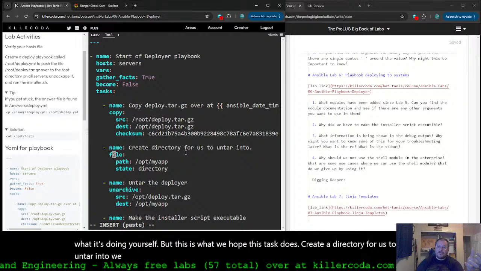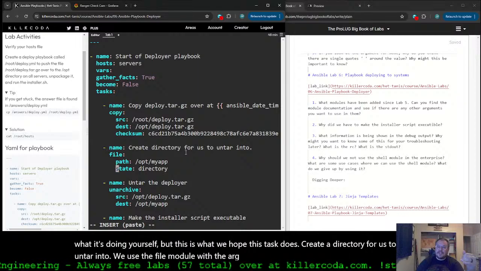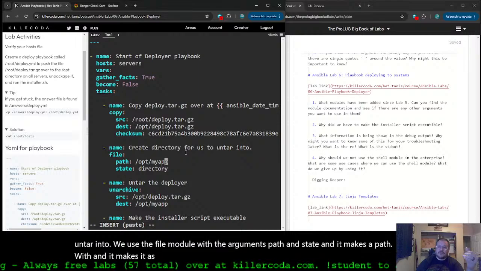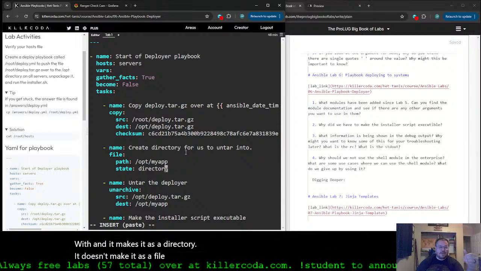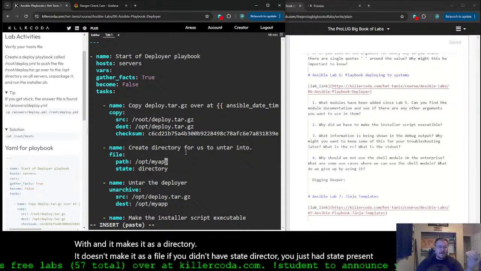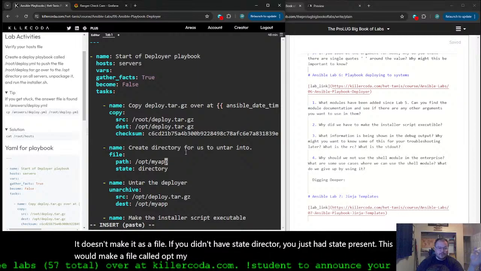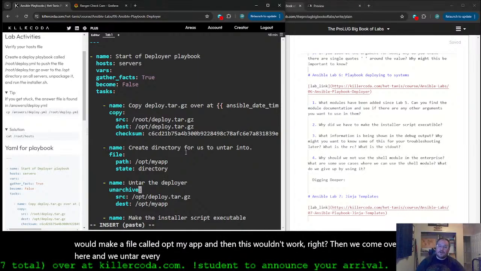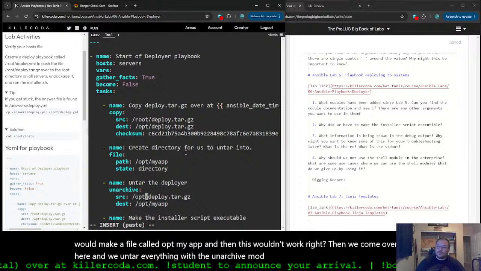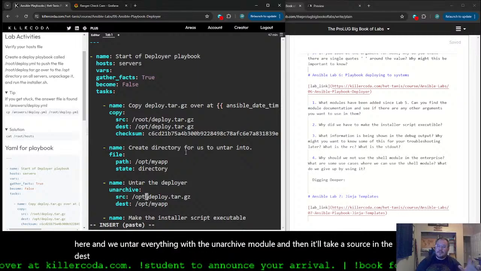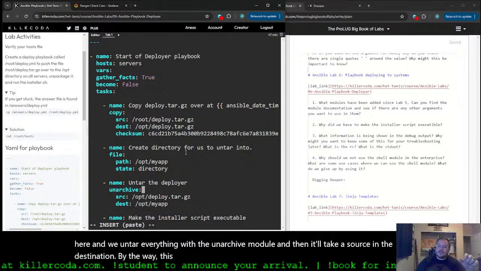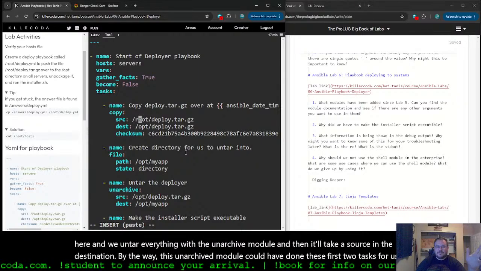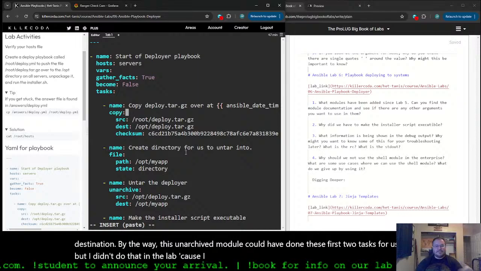We use the file module with the arguments path and state, and it makes a path and it makes it as a directory. It doesn't make it as a file. If you didn't have state directory, you just had state present, this would make a file called opt my app, and then this wouldn't work right. Then we come over here and we untar everything with the unarchive module, and it'll take a source and a destination. By the way, this unarchive module could have done these first two tasks for us. But I didn't do that in the lab because the goal of this is to get you guys looking at